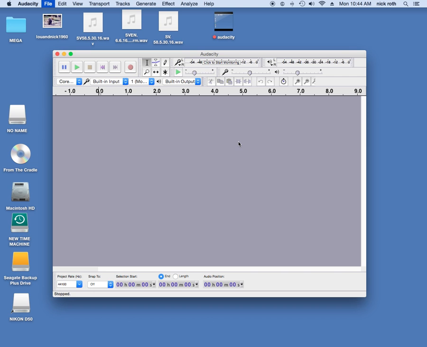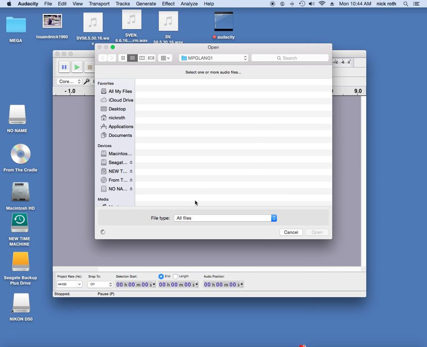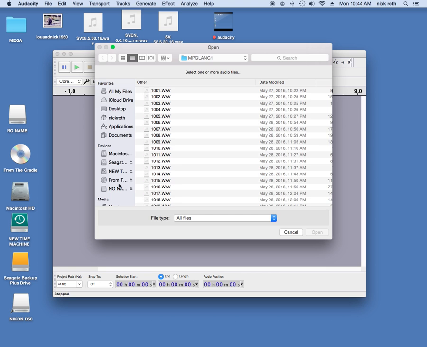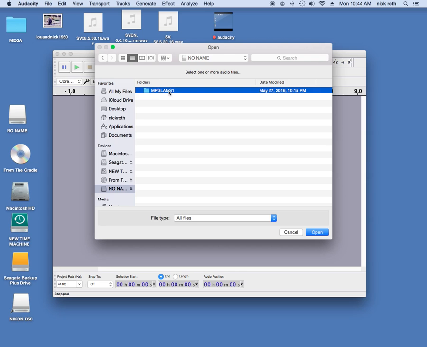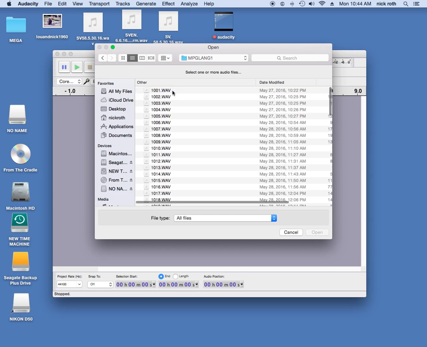My computer's kind of slow, but you'll get a little window that comes up that helps you find out where the sound files are. And so here under No Name, which is the same as over here, and then you'll get these, this is the icon, and you open that,